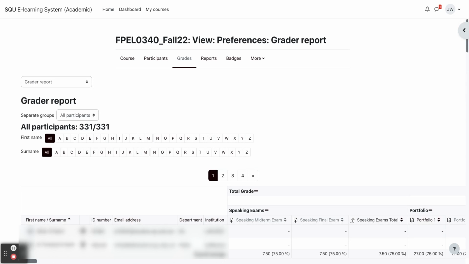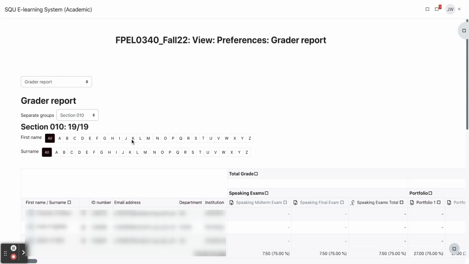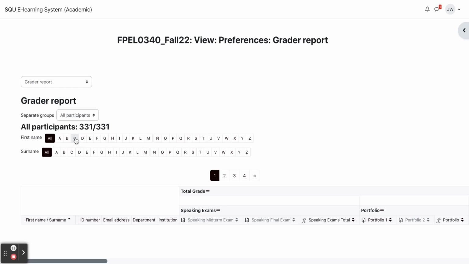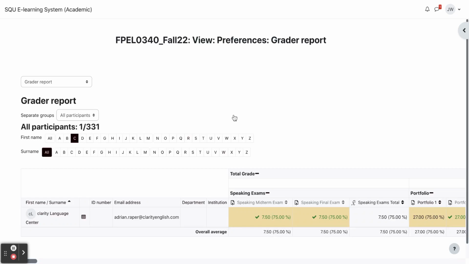Well, I don't want to look at everyone's grades. That's a bit too much. That's unwieldy for me. So the first thing you want to do is come here and separate groups and pick the section that you're teaching. Once you do that, the page will reload and you'll have just your students. But for our purposes today, because none of these students have grades yet, we have thankfully a dummy student in this course. And so I'm going to choose that student, Clarity Language Center,